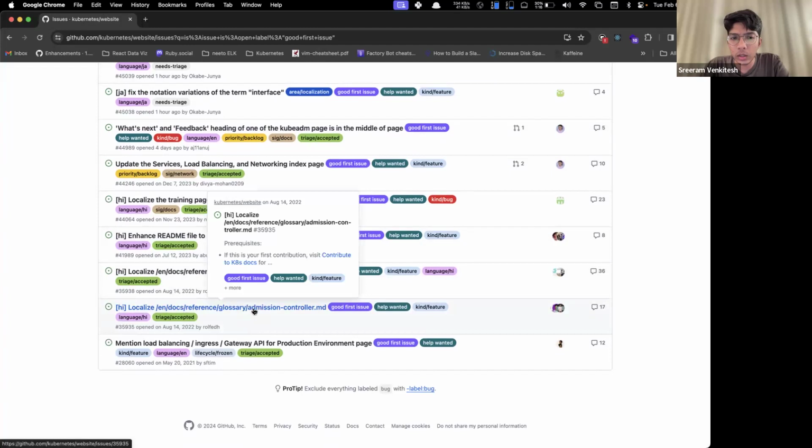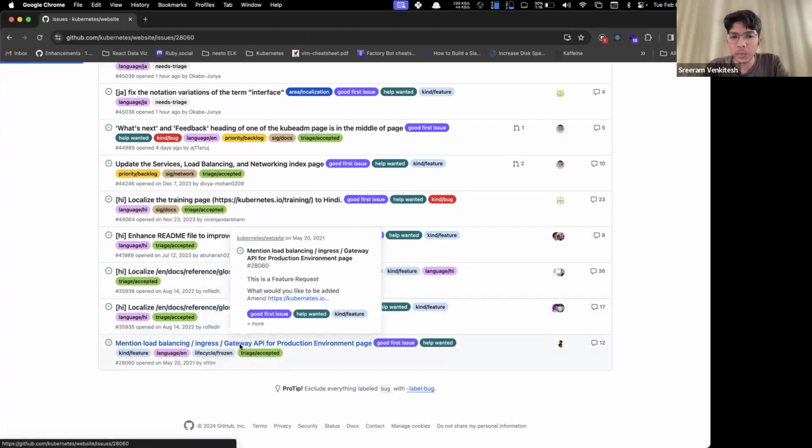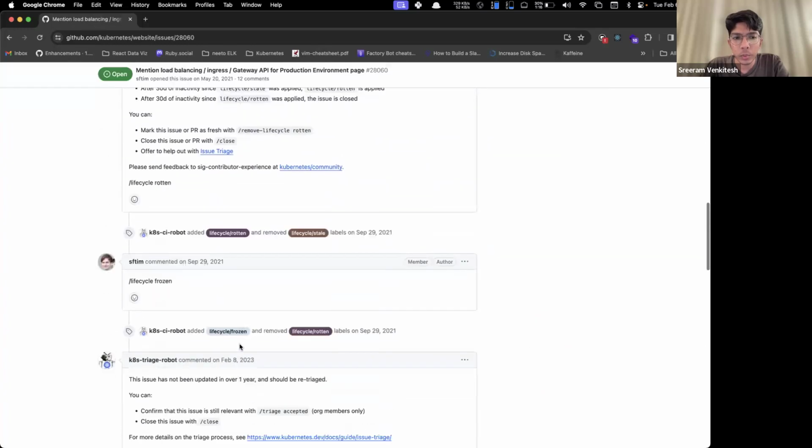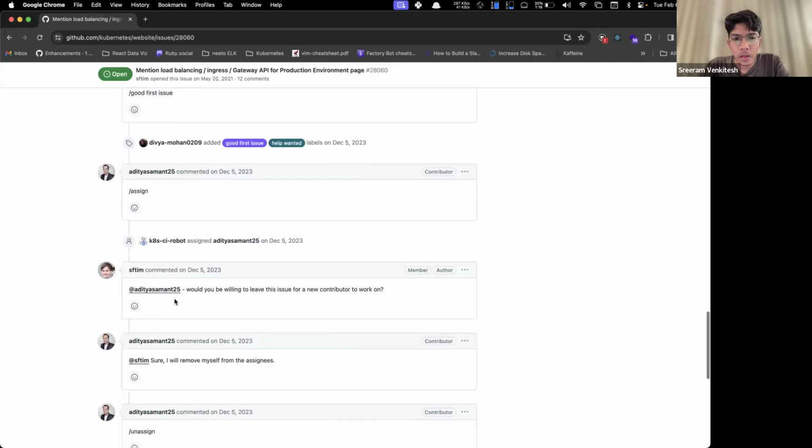But I think if it is an older issue, and there isn't much activity, this is something I've seen: someone would assign the issue to themselves hoping that they'd get to work on it, but then life gets in the way and they might not be able to complete the issue or make progress after a long time.